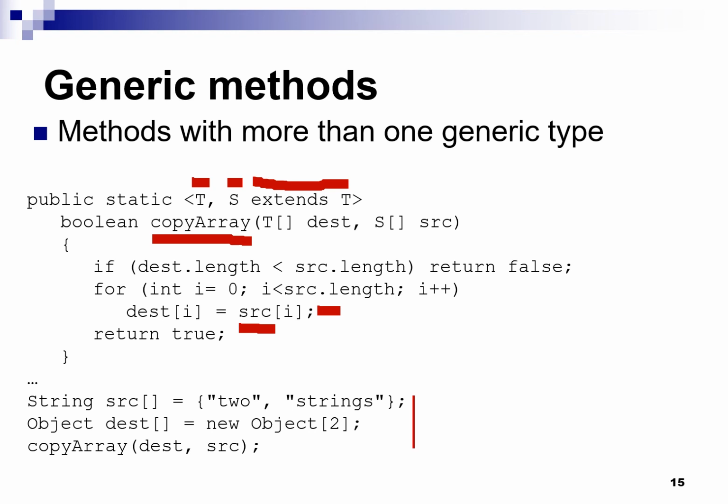So I can use this method this way, so I can copy, for example, a string array into an object array. By the way, in these examples, all these methods are static, but generic methods do not need to be